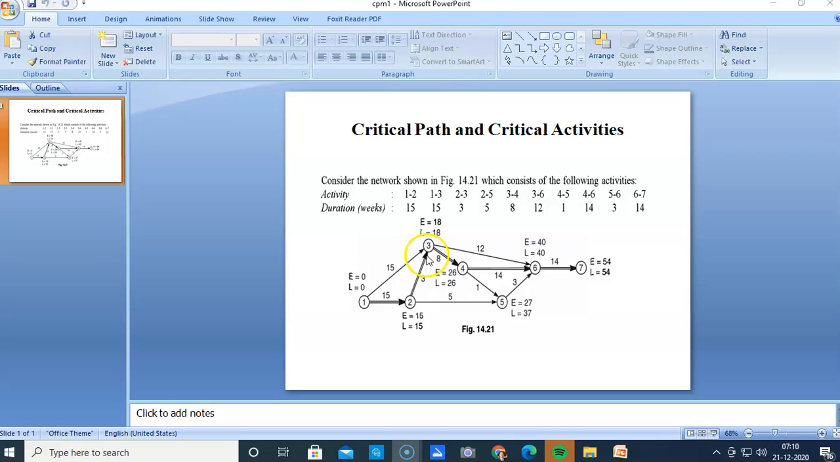So 1 to 3, 1 to 2, and then 2 to 3 will be like this, and then you see 2 to 5. So 2 to 5, if I put 5 here inside the circle, and then 3 to 4. So 3 is here, so 3 to 4 is this activity, and then 3 to 6. So node 6 is somewhere else here, and then 4 to 6 also, and similarly 5 to 6, and then 6 to 7. So we put those